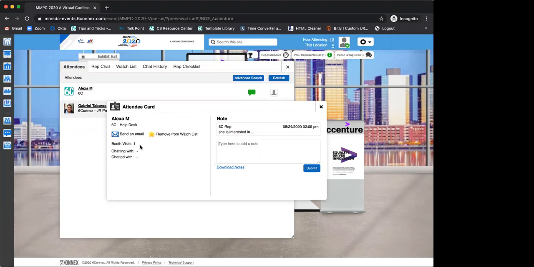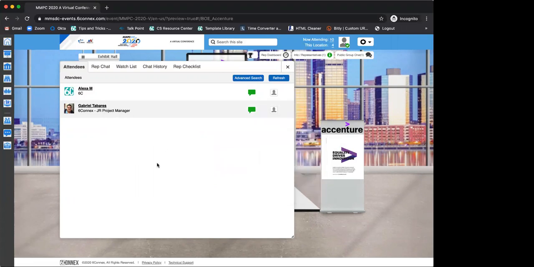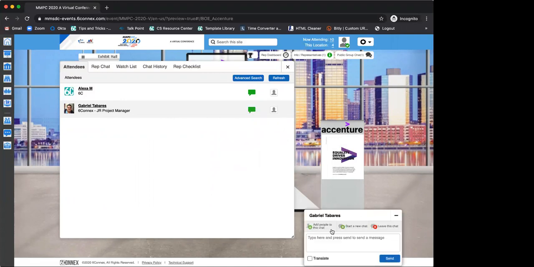So once I'm happy with this and I said, okay, I want her in there, I'm not gonna add any other notes, I'm gonna close this. She will remain in this list as an attendee. For example, let's say I wanna establish a one-on-one conversation with Gabriel, which I'm gonna do. I'm gonna click on this green bubble. This little window will open at the bottom right. This is for one-on-one chats.